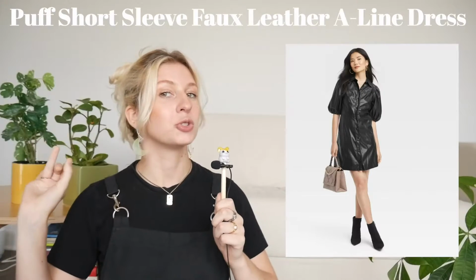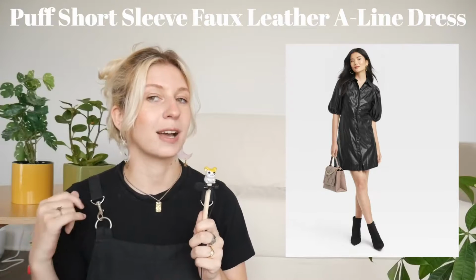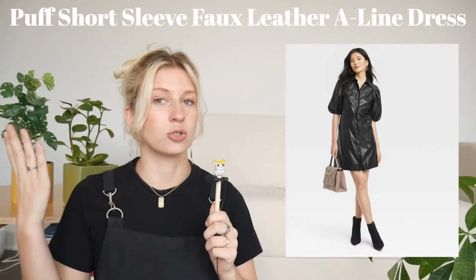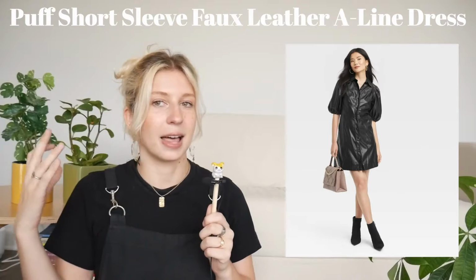All right, next up we have dresses, my favorite category of clothes, maybe tied with jackets. They're both so good. But anyway, first up we have the puff short sleeve faux leather A-line dress. When I first saw this, I wasn't sure if I liked it or if I thought it was weird. And then I decided I think I like it because it's weird. It's just a very unique piece, a leather dress, already fun, interesting, a little uncommon. And then leather puff sleeves, even more of a